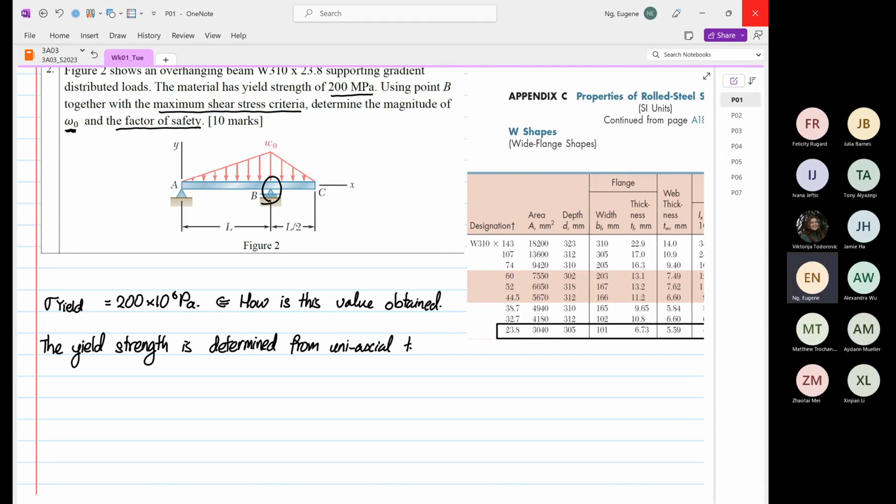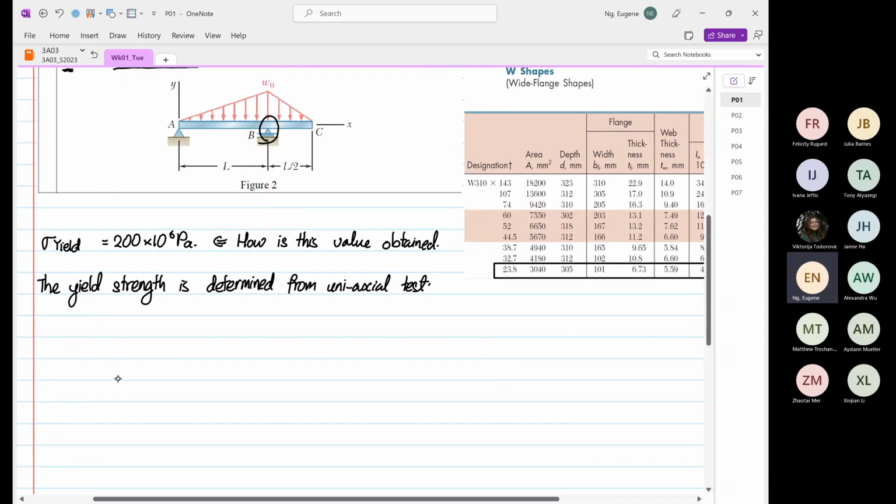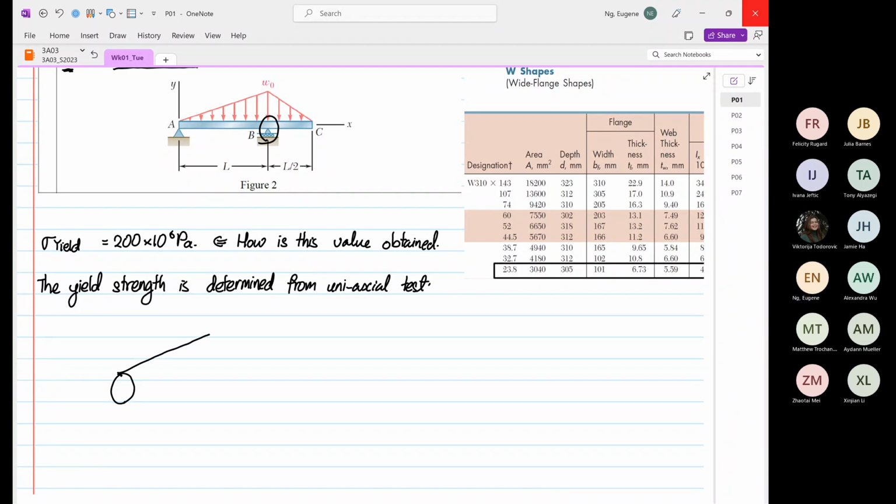Okay, uniaxial test. So what do we mean by uniaxial test? So all this material, what we do is we manufacture a specimen. So this is your test specimen.